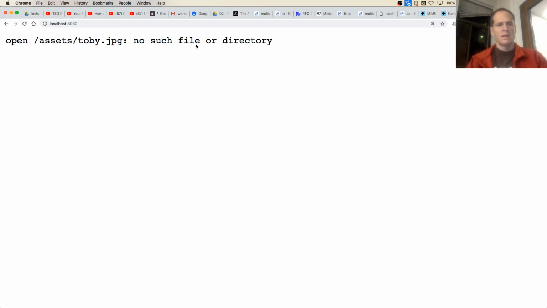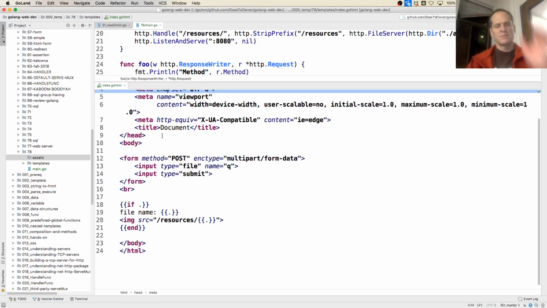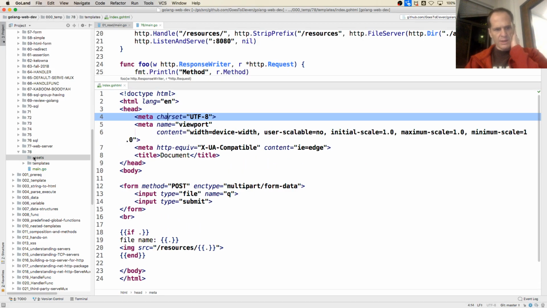Submit. Open assets Toby JPEG, no such file or directory. So we're looking for /assets Toby JPEG. Maybe we need to try